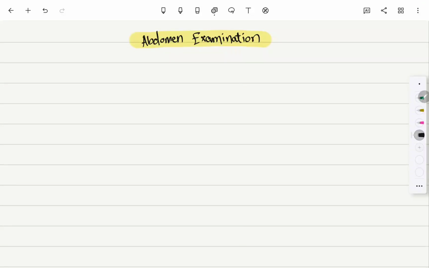Today we are going to discuss abdominal examination and the site of the abdomen that we need to know what